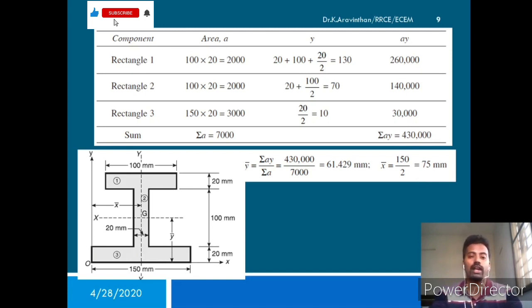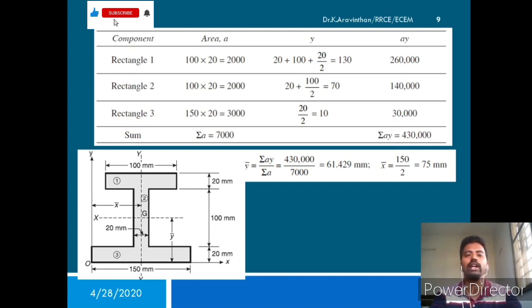Students, if you understand the concept of the centroid, where it is applied, these concepts are generally applied for building a component. It can be a house, it can be an aircraft, it can be a bus or any automobile structure. First you have to know the centroid. Why? Because if you identify the centroid, then at that particular point the total mass is concentrated. If you identify that point, then you can make the component a stable component.